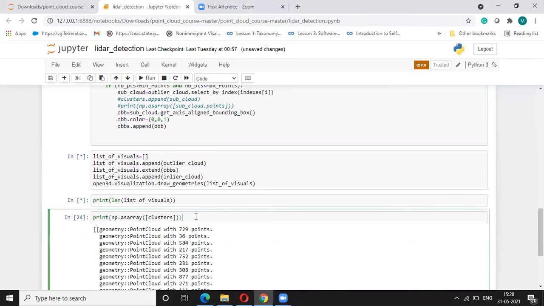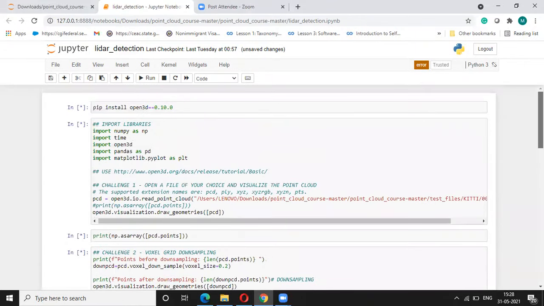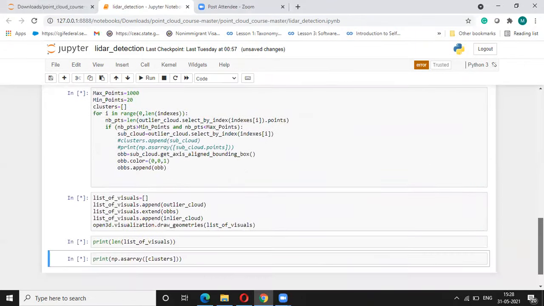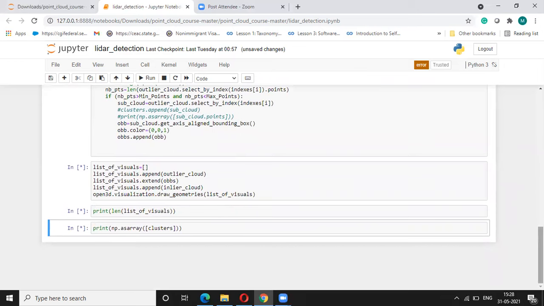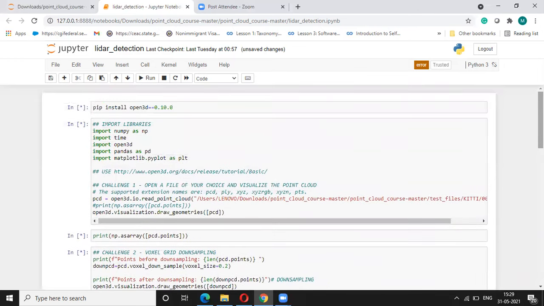We can also get how many points are inside each of those clusters. Since my internet connection is weak and disconnected at the moment, I won't be able to show the result to you. But I'll make one more video and show the result. That's it about this entire algorithm. This is just one part of how we can operate over point cloud data, a classical approach to deal with it.